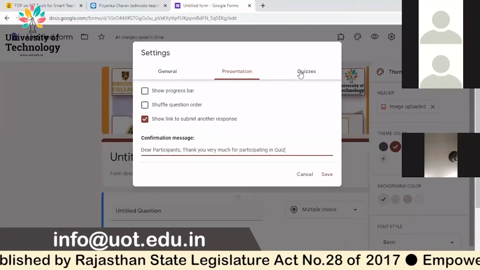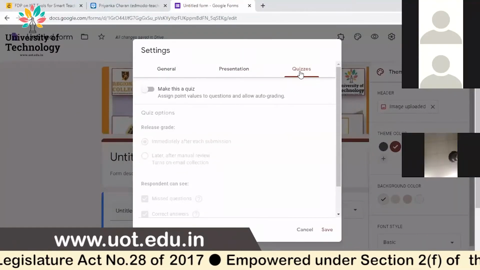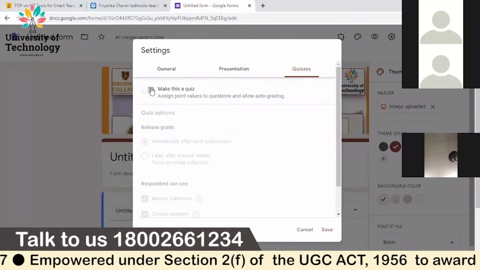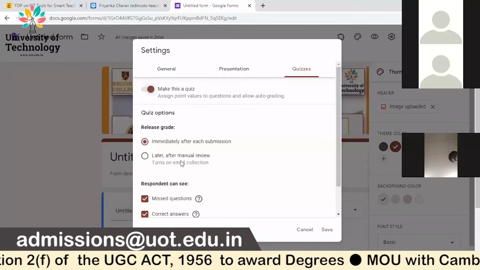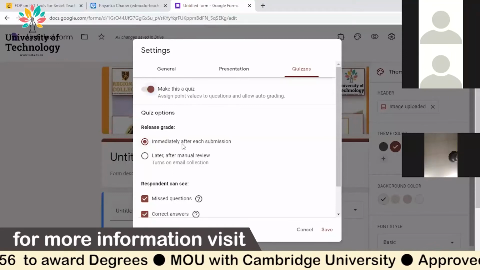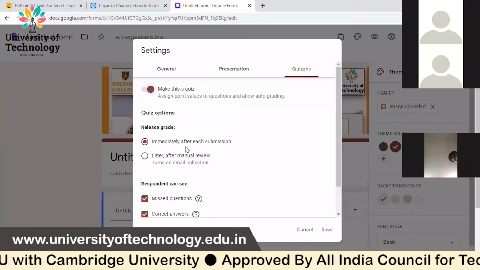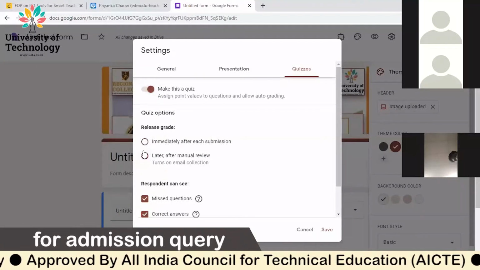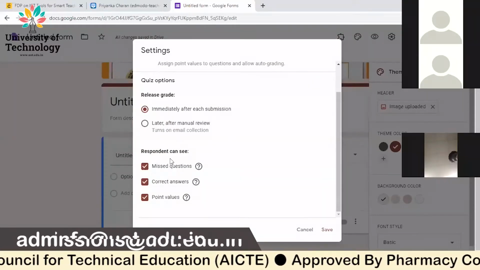Quizzes. Then third one, this is very, very important, please make note of it. See, if you are conducting a quiz, if you are making automatic certificate generation, if you are going for evaluation, you should make sure this is turned on. Please turn this on, only then all these options will come. Now professors, participants, please listen. Now you can allow the students or the participants to know their score immediately. See, if you have a descriptive part, you can give it later. See, this option can be there so that the marks can be given later. I'm giving immediate.